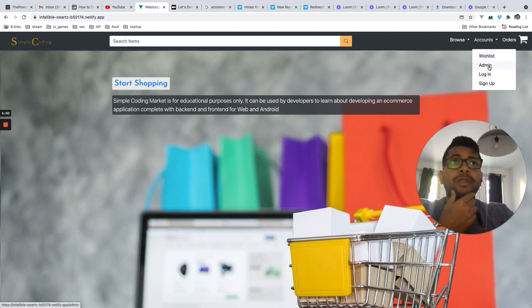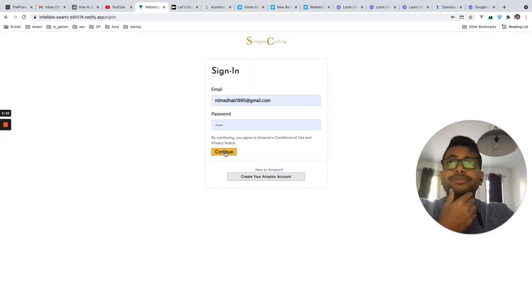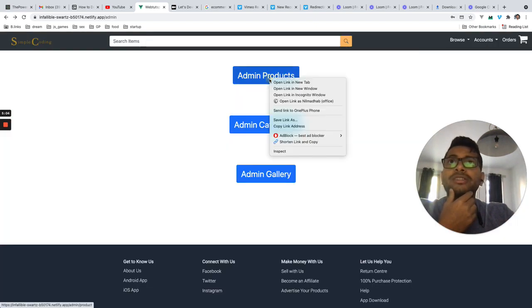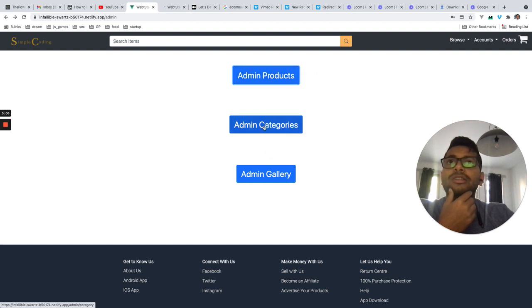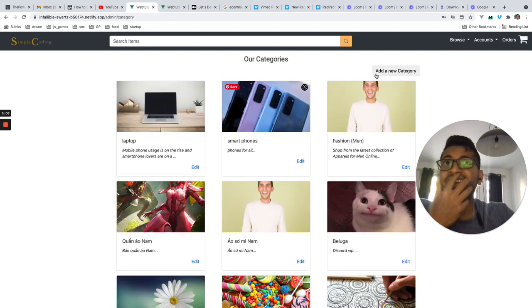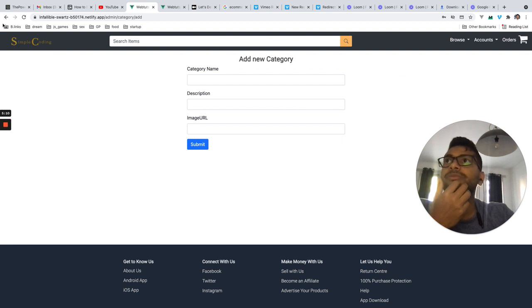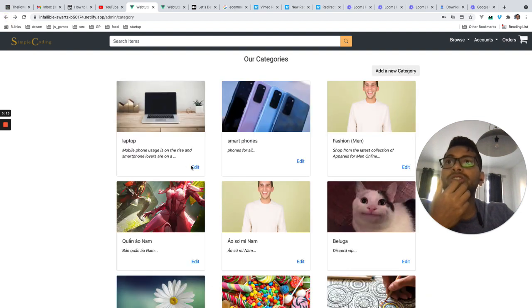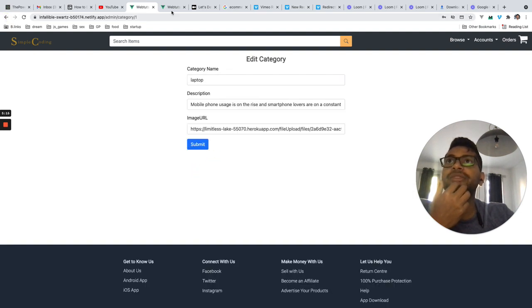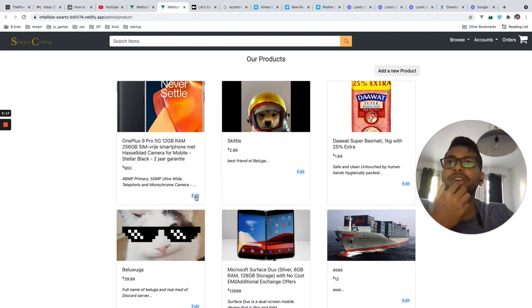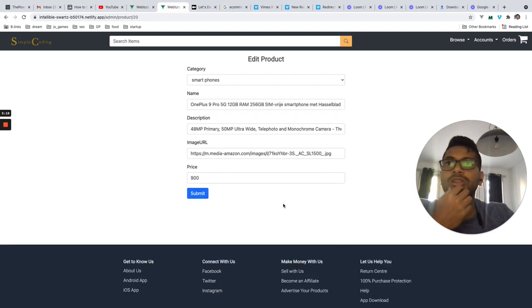It's also working. And we have an admin panel, where you can see all the products, all the categories. We can add a new category, or we can also edit a category. We can also add a new product. So it's all working. It's going to be amazing.